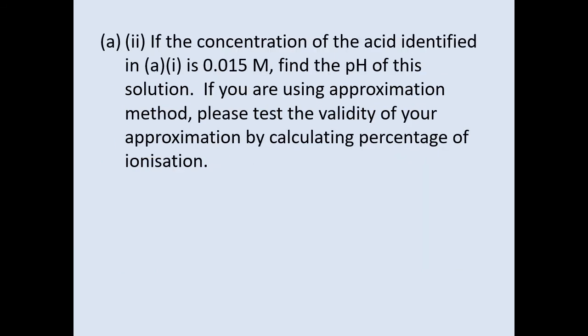And now it says that the concentration of the acid identified is 0.015 molar. Find the pH of the solution. What will be the pH of the solution of the weakest acid that has been identified from the previous question? So we found out that H2SO4 is the weakest acid among all, and to find the pH of the solution, we have to make an ICE table, with initial concentration 0.015